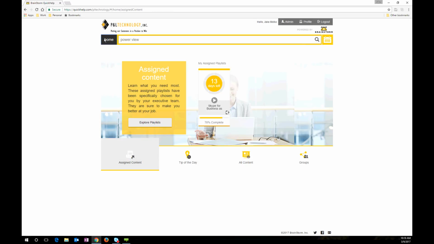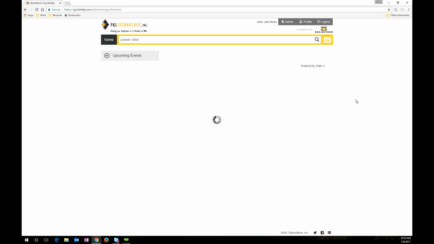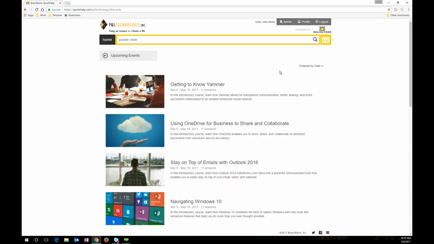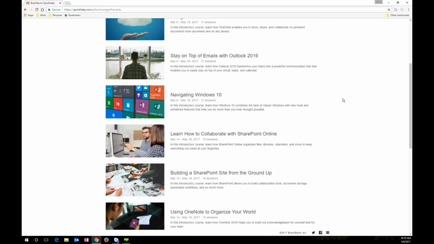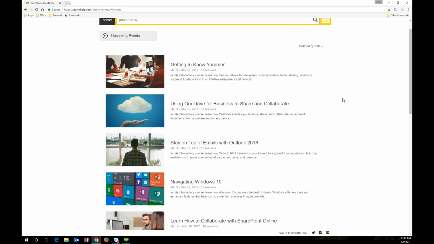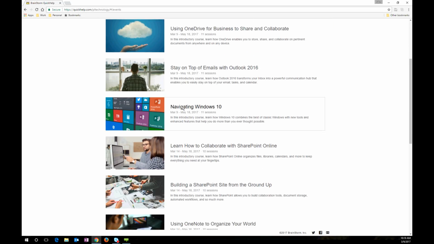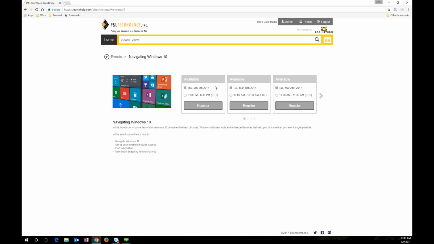So I mentioned Quickhelp is kind of 2 parts. One is the online video repository, which we've explored here. And then the second part is the live events, the live webinars. And so if you'll see up at the top right, there's this calendar icon that I have. I'm going to click that. And that takes me to this upcoming events page. And these happen all throughout the year on a variety of different topics. And so if I scroll down here, here's an event called Navigating Windows 10. And if I click into there, I can see that there's one as soon as